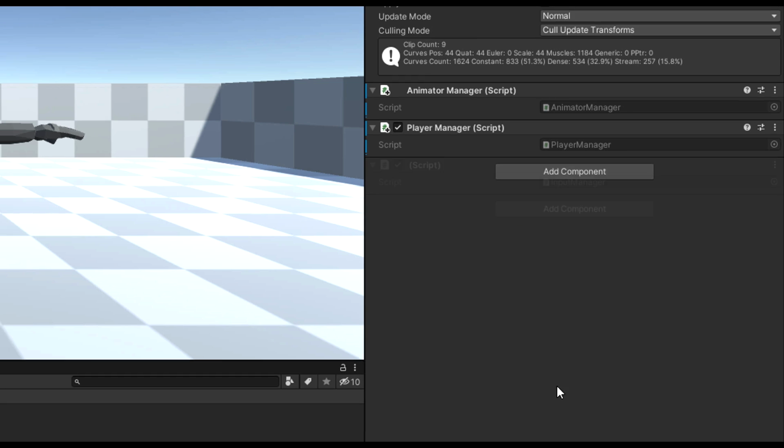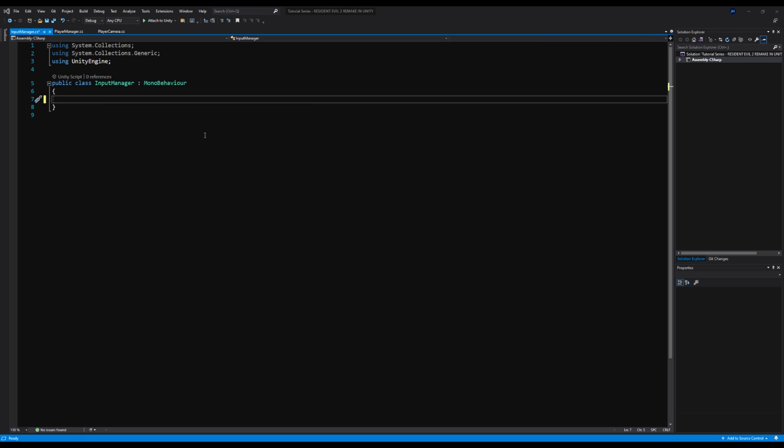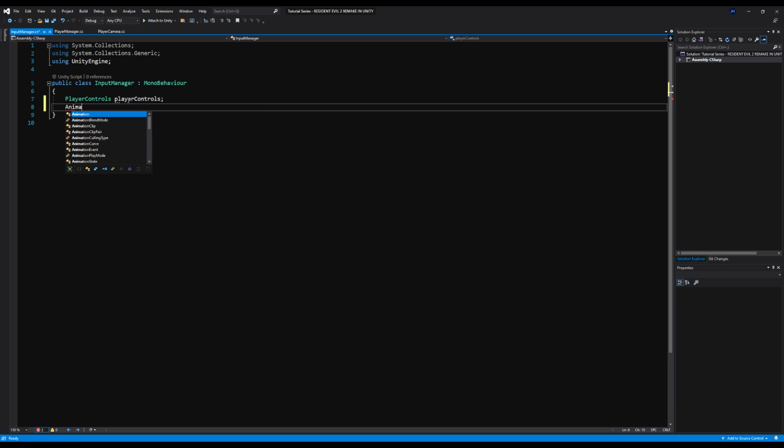And as you guessed, this will just basically commune the inputs and, based on our inputs, make adjustments to our other scripts or components like the animator or the camera. So let's call upon player controls, which is that thing we just made. We're referencing the script of the player controls that we just generated. And then let's call upon our Animator Manager. We're going to need that as well because that's how we're going to edit the animator values, which moves our